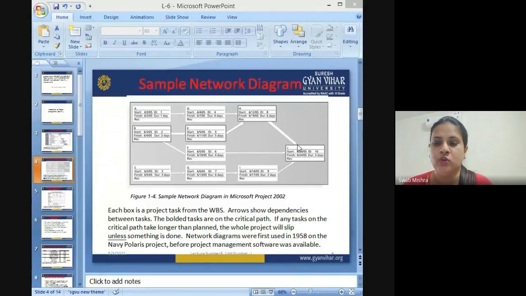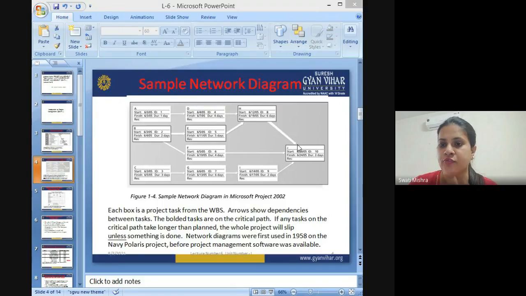Okay. You can also see this is a very well developed network diagram, because in this network diagram, for each activity, they have shown the ID of the activity, like ID numbers are given, ID 1, 2, 3. Right inside the boxes, you can see the starting date and the finishing date is also given, and they have left space for writing the details of the resources that are required for each activity and from where they will be supplied.